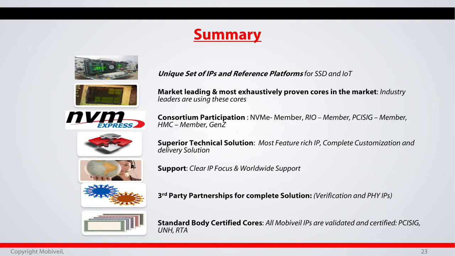And we are always part of the consortium. That's how we do it. So we are already at Gen 4, for example, in PCI Express as well as Rapid I/O, and we are going to be coming out with Gen 5, which is the 0.7 version. We are also a member of NVMe, Rapid I/O, PCI SIG, HMC, and Gen Z. So we participate, contribute, and have access to the specification and implementation as soon as we can. I showed some of the features, but these are very feature-rich IPs, where by architecture definition we have a much more flexible solution, so that we can provide a customized solution for our customers.